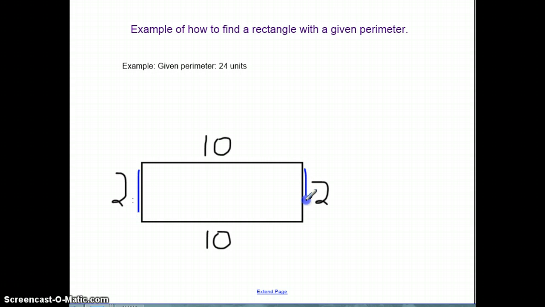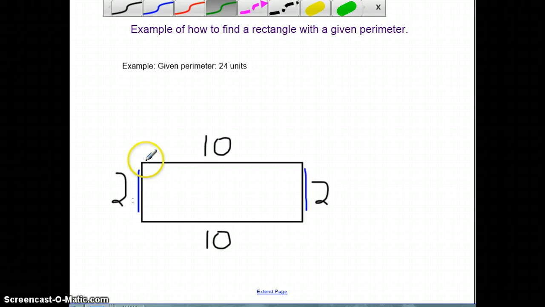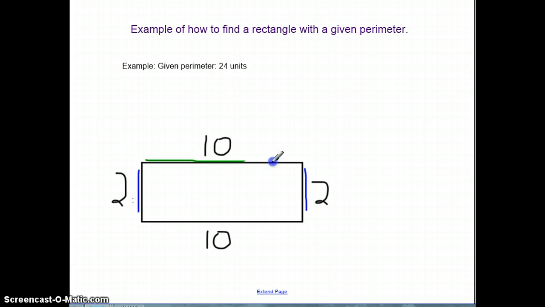What do you notice about them? They're exactly the same. Left is a 2, right is a 2. Okay. What do you notice about the top and the bottom? Yes, they are also exactly the same. So the top and the bottom are exactly the same as well. They're both 10. Now, in order for you to find the perimeter, what you normally would do is